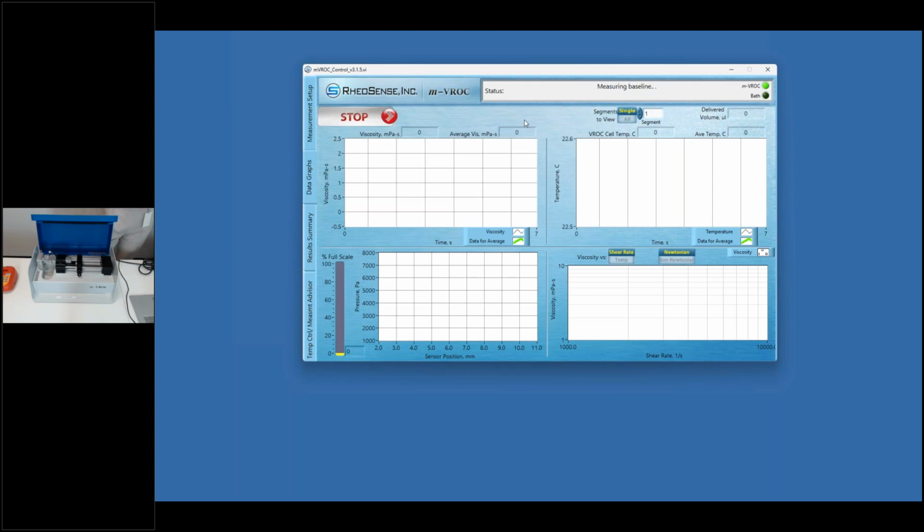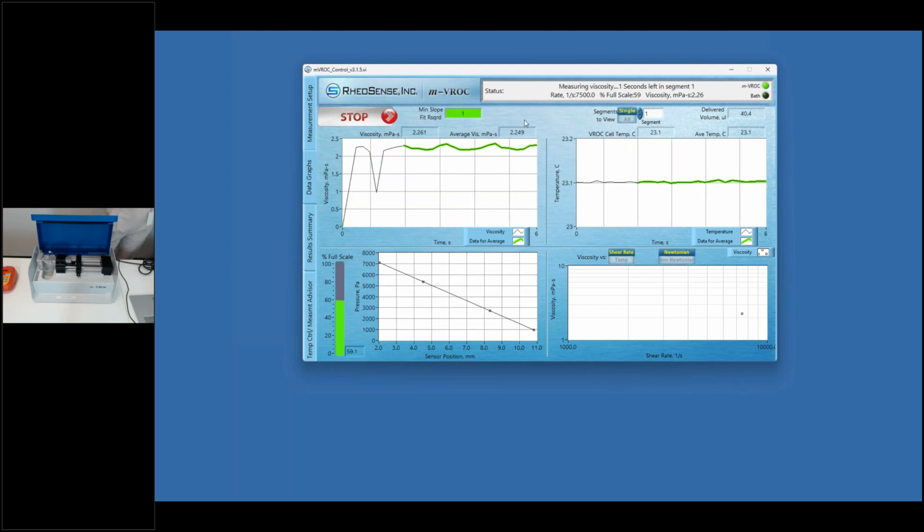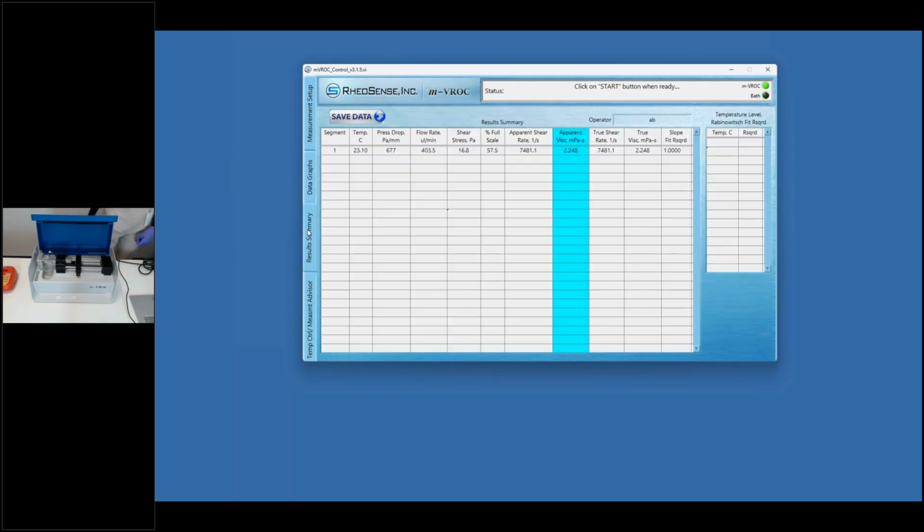And when we pull up the VROC II software, you will see we've changed a lot of adjustments about the software and the way it looks and the way it functions. But as you can see, that was very easy to do. A few things I had to type in, click start, and I already have a viscosity measurement in less than a minute. As you can see here, I got an apparent viscosity of 2.25,